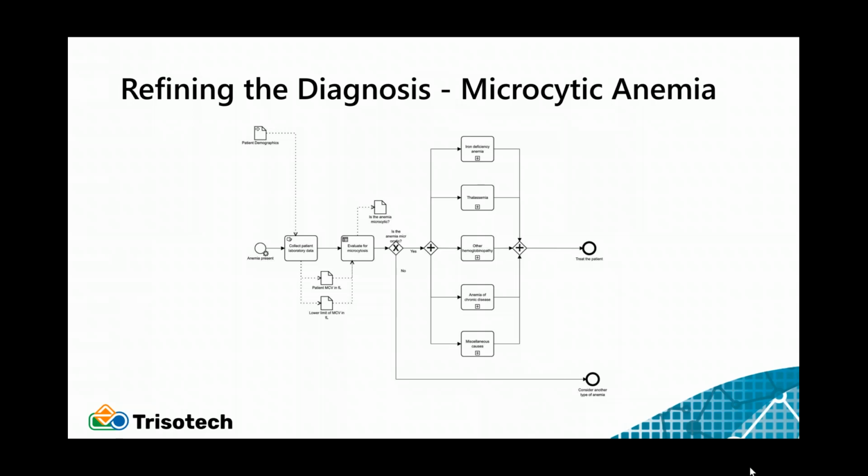Is there evidence for iron deficiency anemia? Is there evidence for thalassemia? For hemoglobinopathies, that might involve doing hemoglobin electrophoresis. But each of these things are evaluated, and the decision comes back stating, is it likely or has it